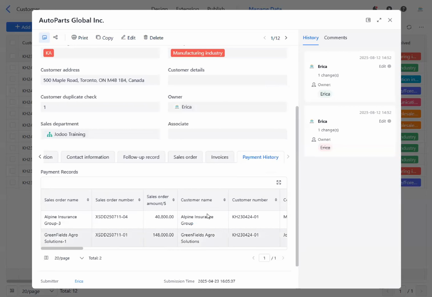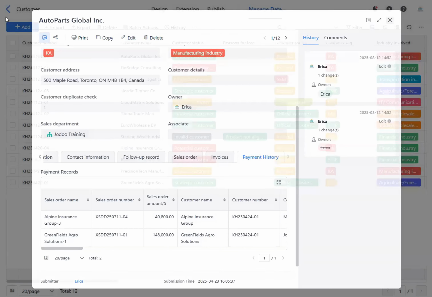As you can see, now we can see the payment history. So has anyone counted how much time I spent? Please don't count the time I spent on the internet connection. But anyway, it's not even close to a minute, right? So that's how easy and quick customization is on Jodoo CRM. It's designed for business users and not just IT departments. In the customer profile, you can